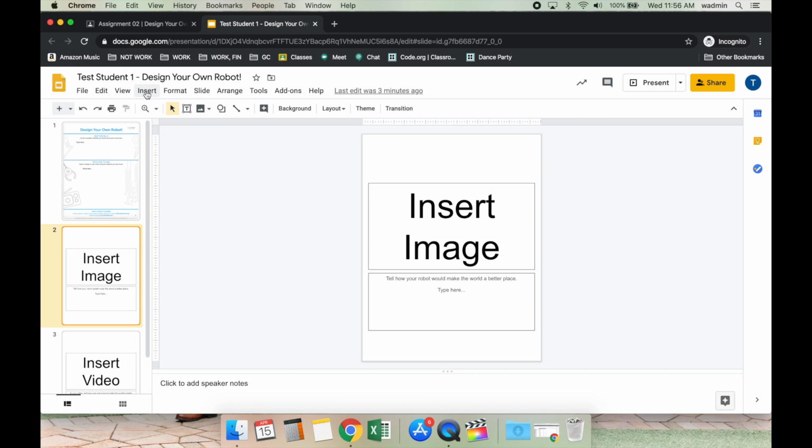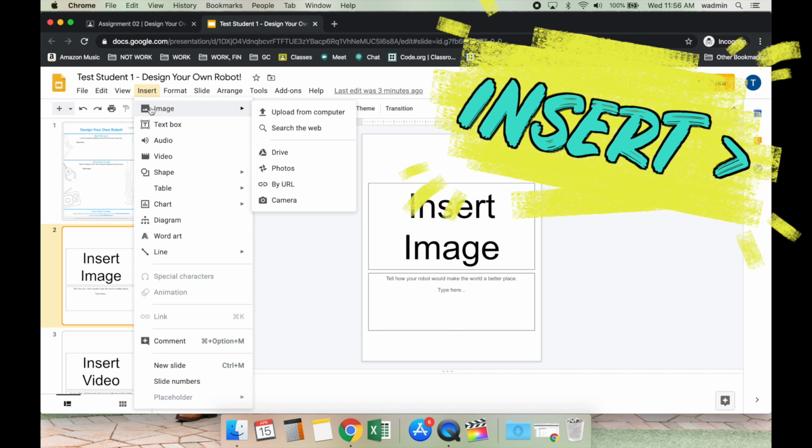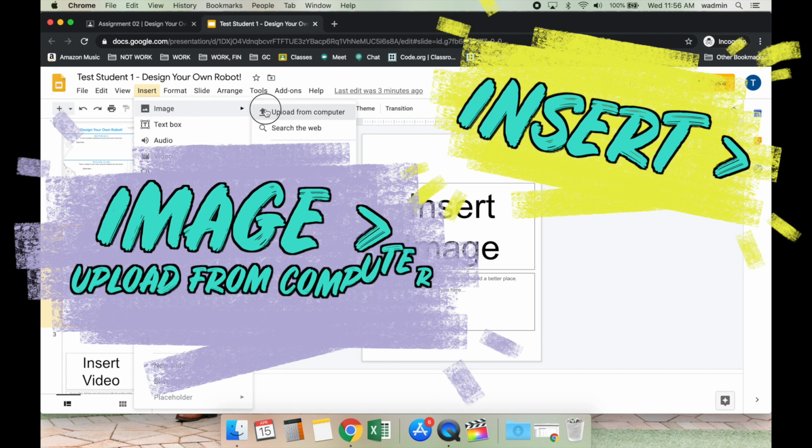Simple. I come up here and I click the word Insert. Once I do, a pop-down menu will pop up. And the very first thing is Image. I'm going to click here or hover my mouse over the word Image, and then I'm going to click Upload